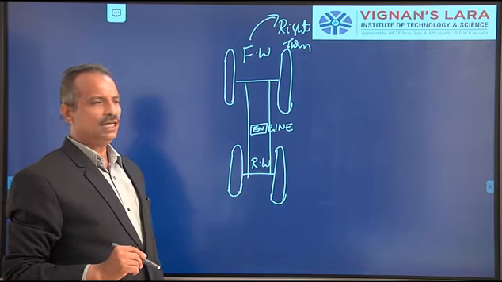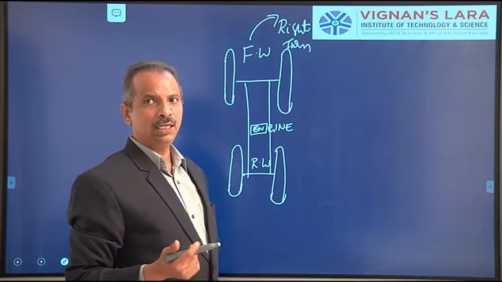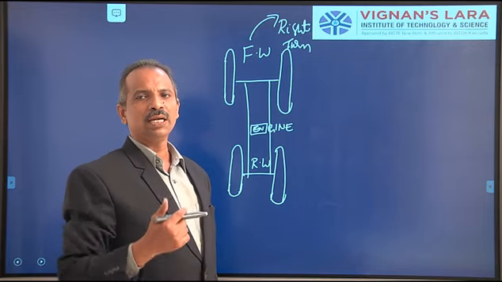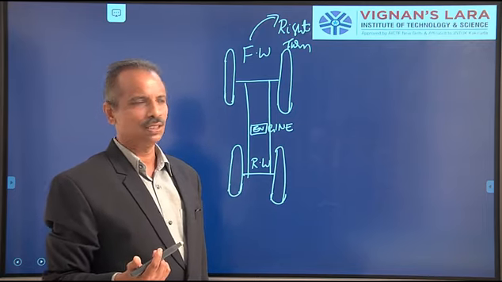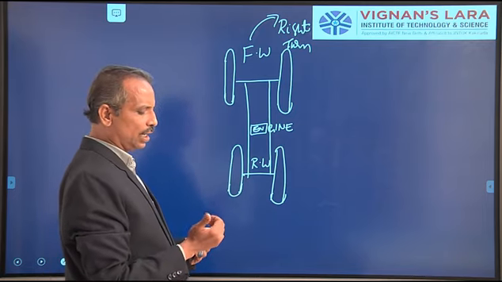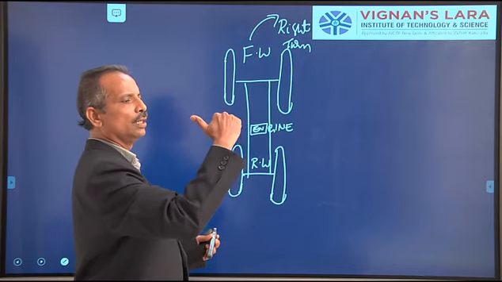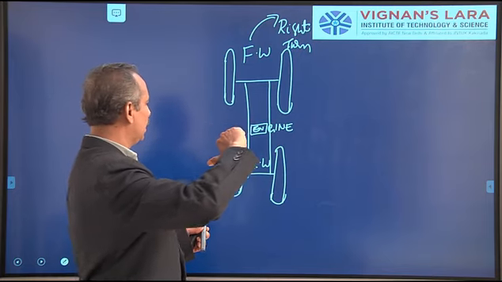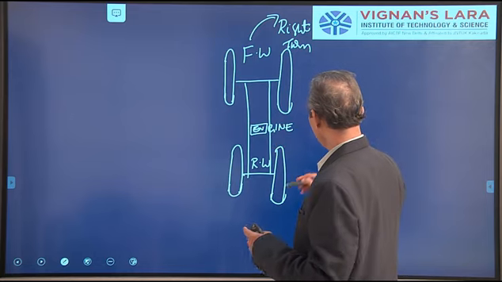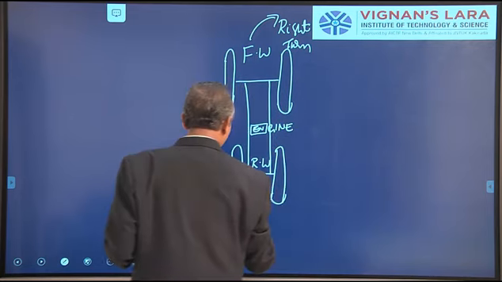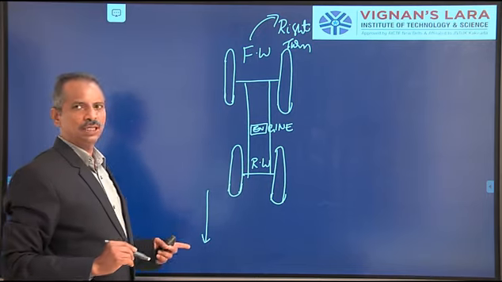So he has given in the problem, when you are looking from the front, it is rotating clockwise. So when you look from the rear, it will be counterclockwise. So if you look from the rear counterclockwise, apply your right hand thumb rule. Like here I am looking at the rear, the spin vector will be here. This is the engine rotation. Okay, your spin vector will be downward.